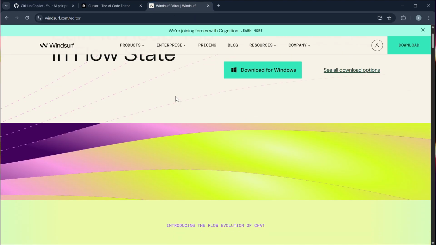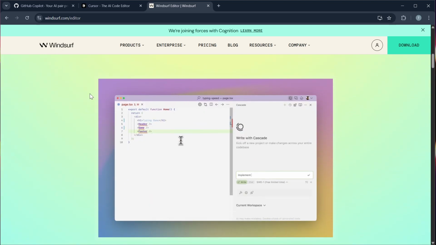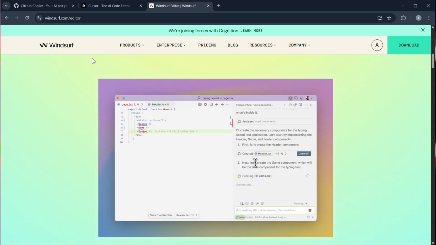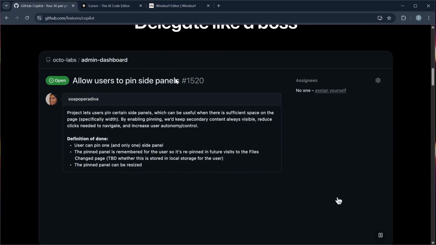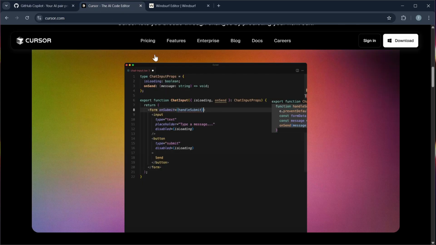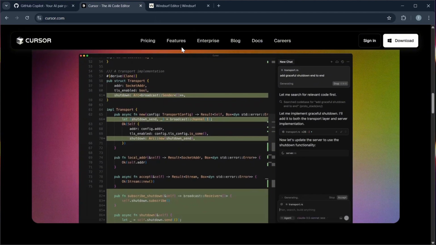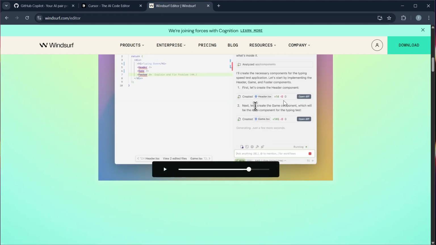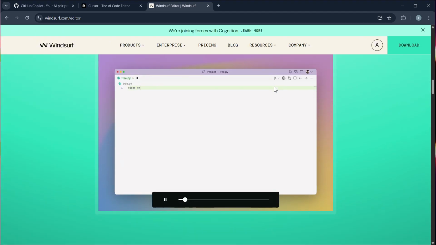Then Windsurf. Now it is known for its multi-model support and long context coding sessions, making it ideal for large-scale projects and debugging. Number 2, pricing and plans. GitHub Copilot costs around $10 per month for individuals and $19 for businesses, while Cursor offers a free plan with limited queries, and there are also paid tiers with higher usage. And Windsurf is more premium. It's often charging higher monthly fees, but it offers flexible enterprise licensing.